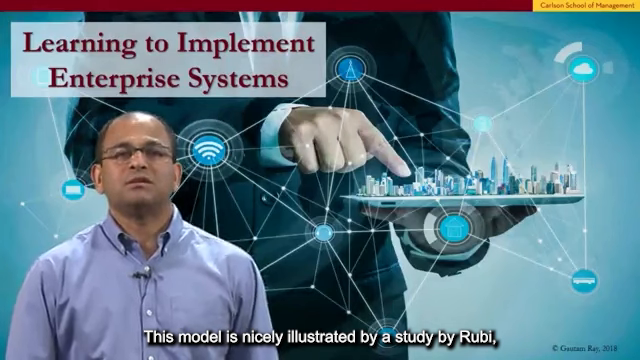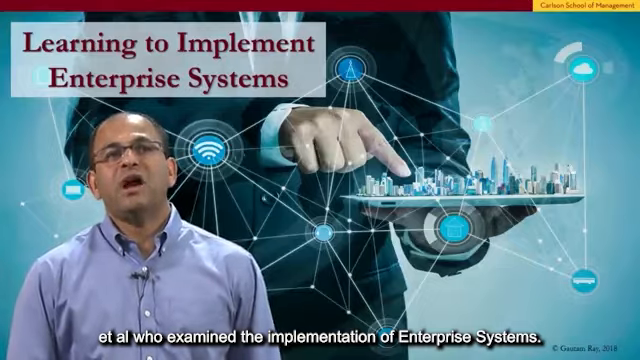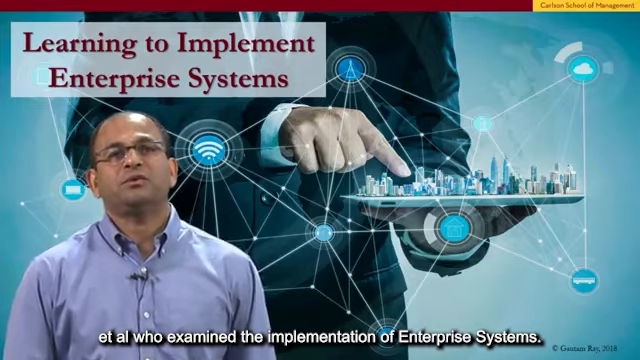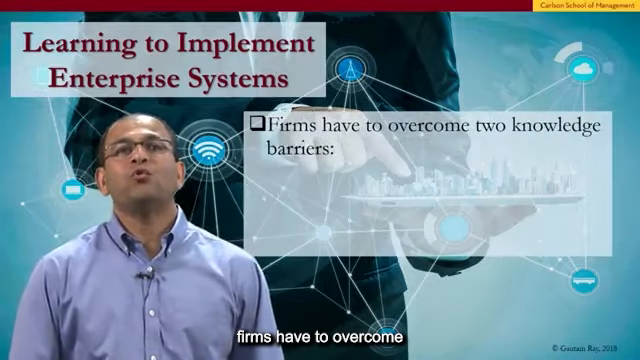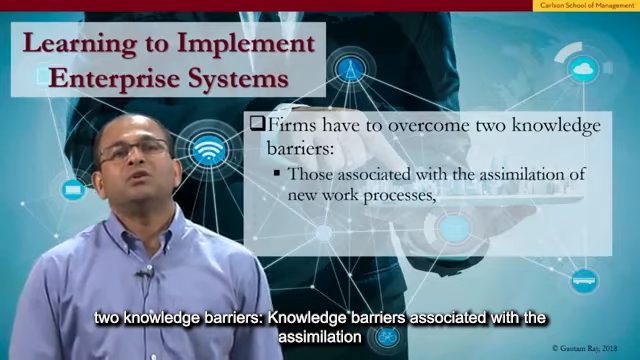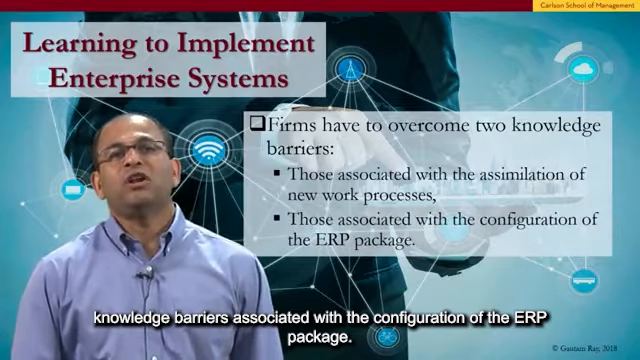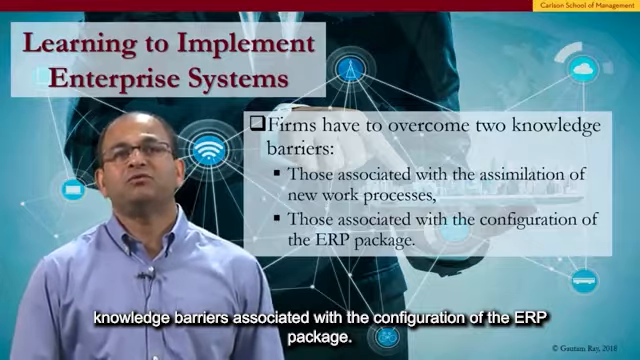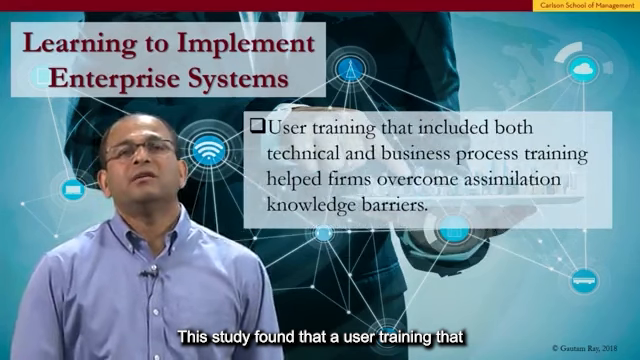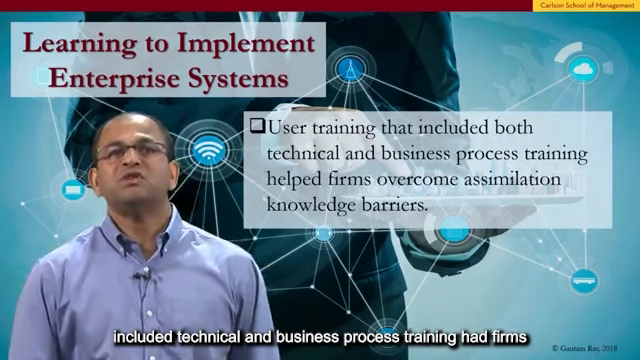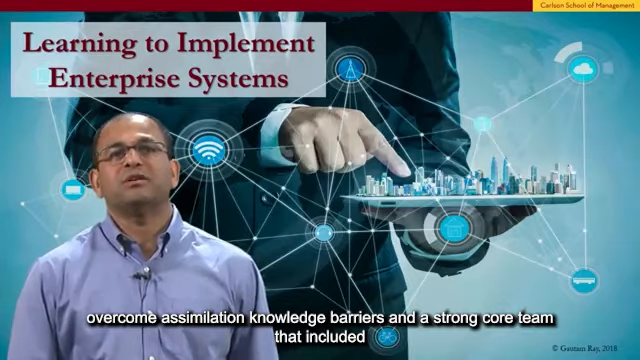This model is nicely illustrated by a study by Ruby et al., who examined the implementation of enterprise systems. To implement enterprise systems, firms have to overcome 2 knowledge barriers: knowledge barriers associated with the assimilation of new work processes, and knowledge barriers associated with the configuration of the ERP package. This study found that user training that included technical and business process training helped firms overcome assimilation knowledge barriers,